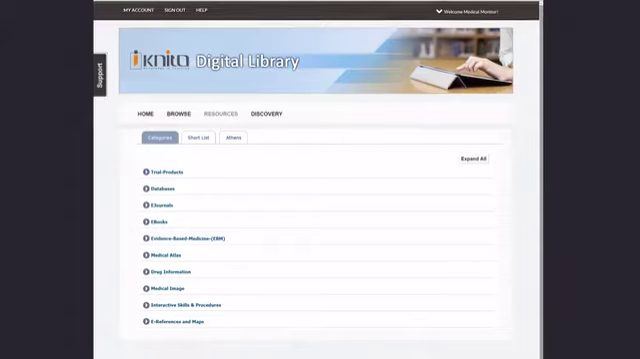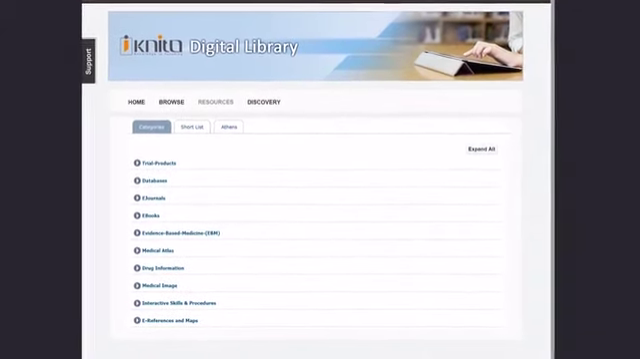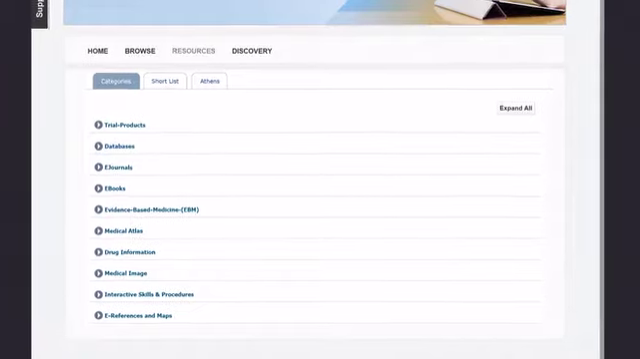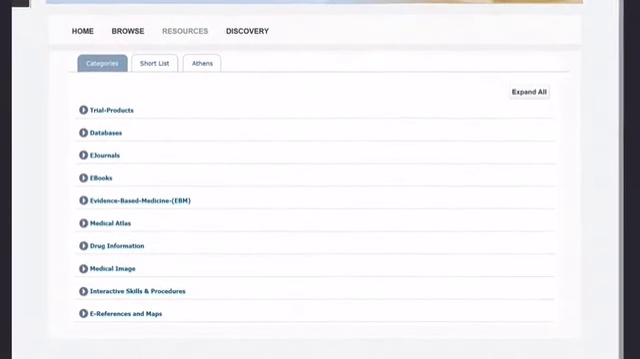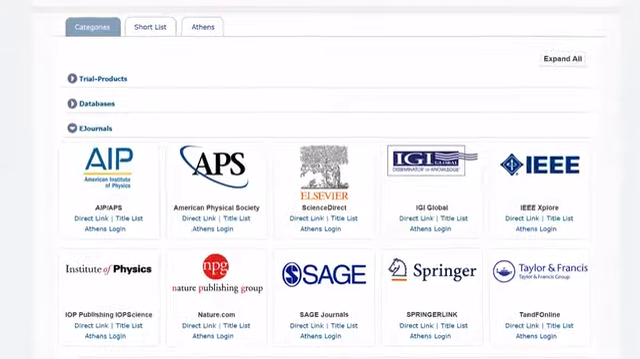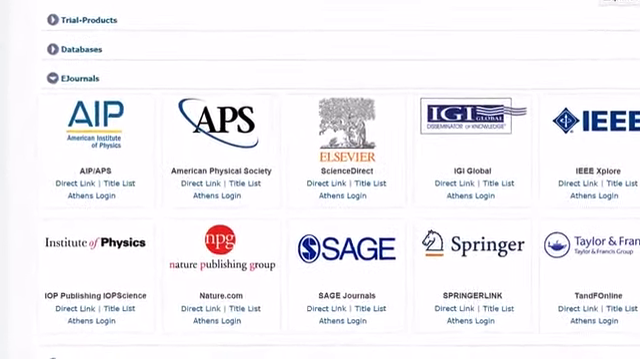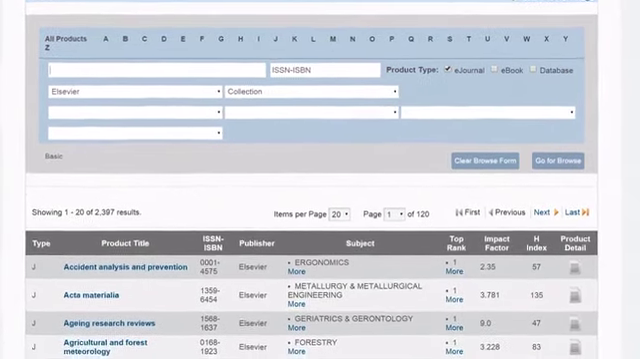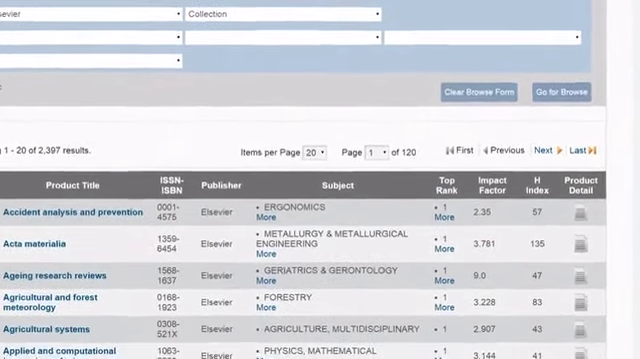One of the main features of iKNiTO is that it brings your library resources of different types into one uniform page, which is called Resources. From here, you may select and access any of them directly. This is useful when you already know your publisher or product of interest. Here, for example, you can click on Elsevier's title list and see the list of journals from it and their